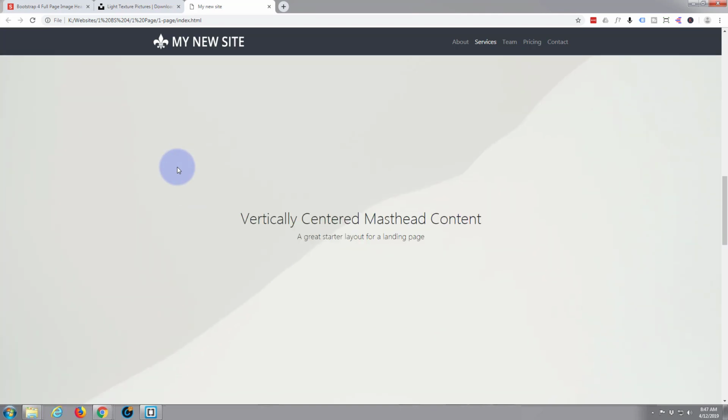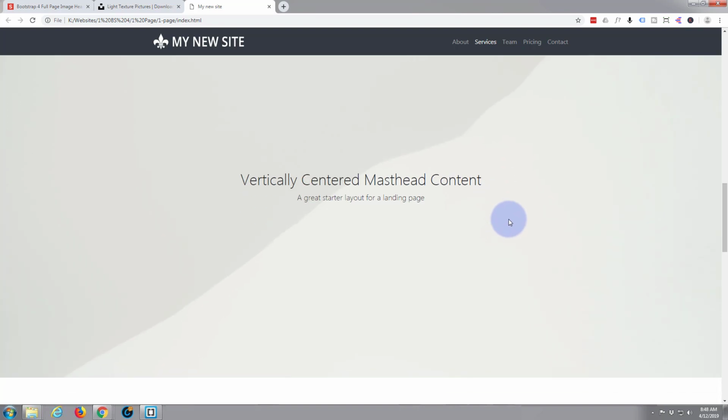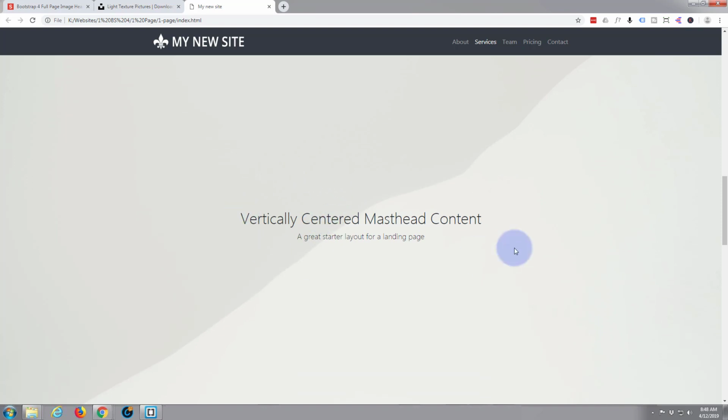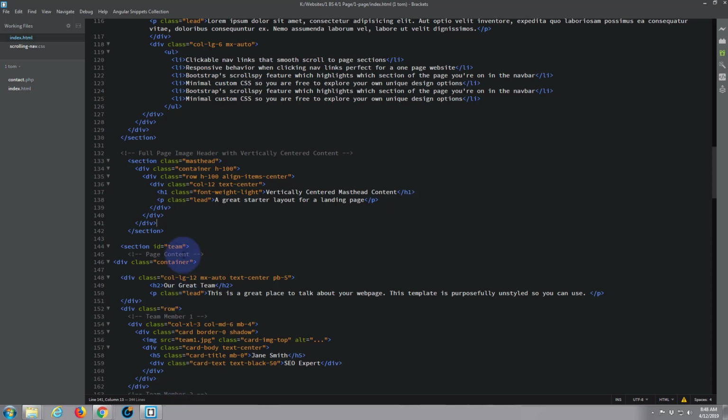Of course, we want to make it our own, and anything inside there is nicely vertically centered because of the CSS. So at the moment, it's full height. It's full screen height. And we can change that with the CSS unless you particularly want it to be full height. If we go back to our CSS,